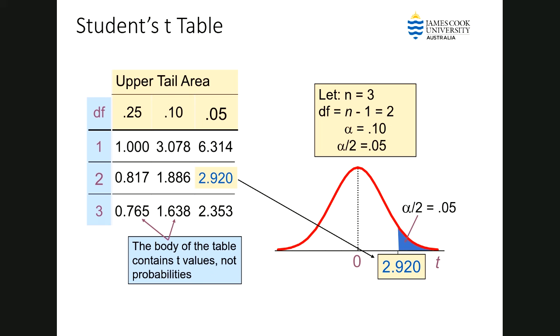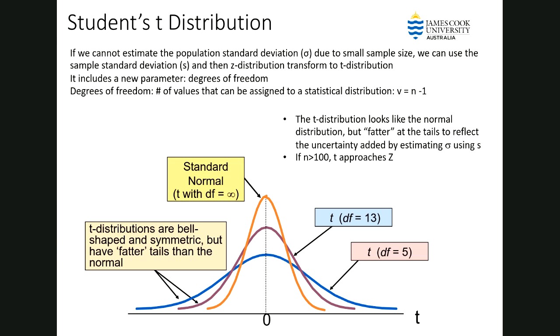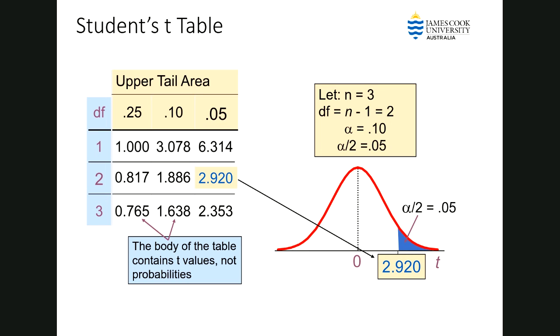Now, as I said before, it is not dependent on any sample, and that's why we have a known value for a given degree of freedom. So there is a table. You can look at Wikipedia or many other sources. If you Google the t distribution values, you will get a table which just gives us